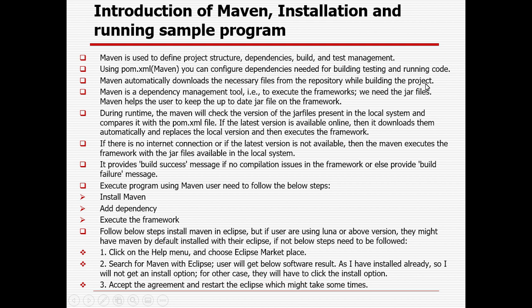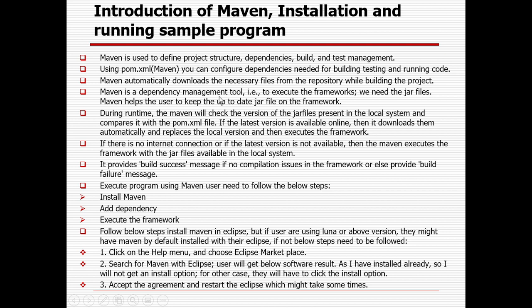A repository I will explain later, but there are 3 types of repository available: local repository, remote repository. First it will try to update from the internet, and once it is downloaded, it will create a repository in the local system, right? That is called the local repository. Next time, in case the internet is not available, it will take everything from the local. That is the reason Maven is really important in the market. With the help of Maven, even without internet you can execute a few test cases which are not completely dependent on the website.